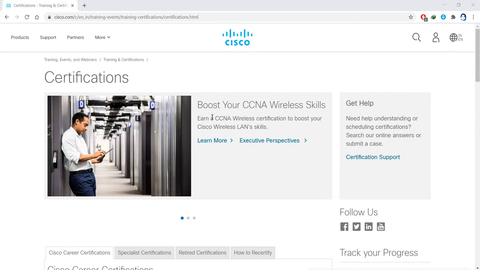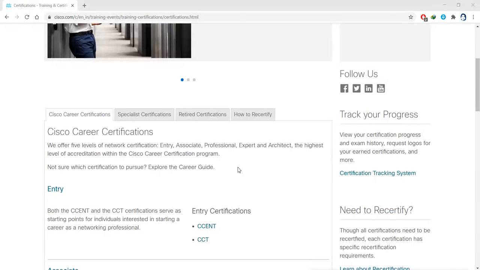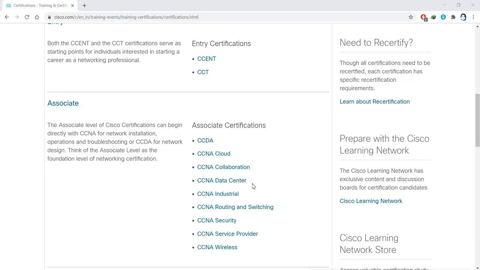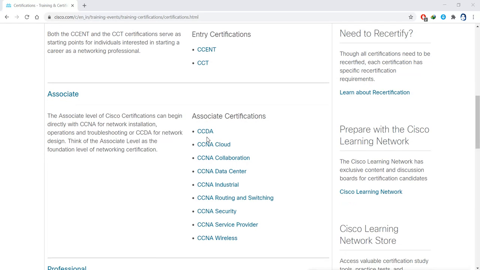So this is the official site of Cisco, where you can see what the levels of certification are. The first one is what? CCENT. It is your entry level. It is the entry certification, and with this you can go for the associate level. And these are the different streams of the level, like you have CCDA,